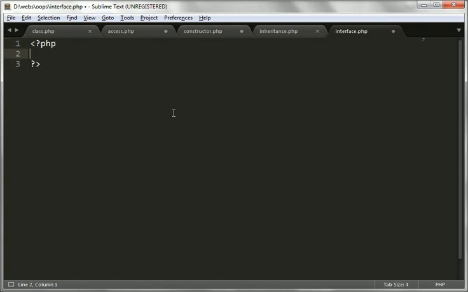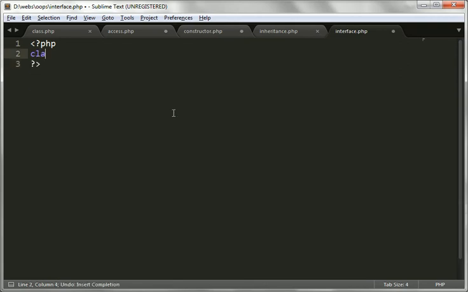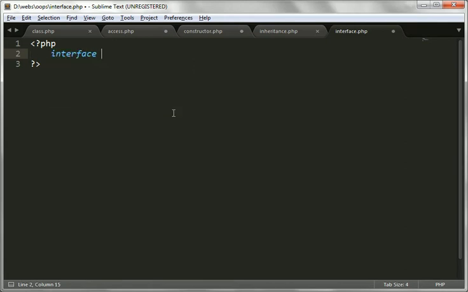In PHP, for a class we write the class keyword and the class name, right? The same for an interface, just use the interface keyword and the interface name. I'm giving the name Test. The only difference for creating an interface is that we use interface instead of class.